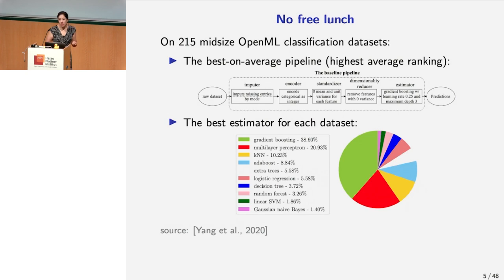But it's only the best 38% of the time. It's not the best all the time, right? Other things also have a substantial fraction of the weight, right? So the next step is multi-layer perceptron, deep learning, whatever your favorite deep learning method is, k-nearest neighbors, blah, blah,